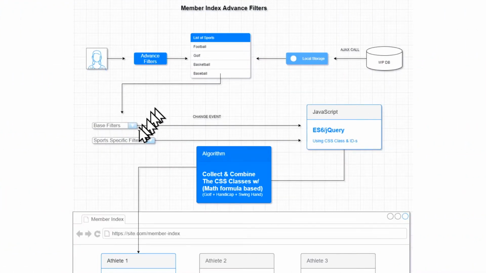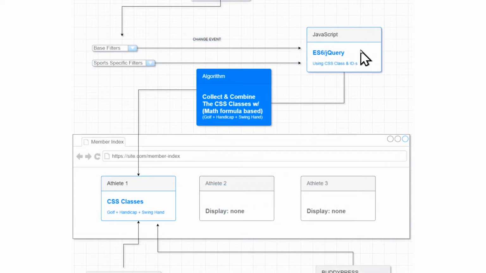And when these base filters and the sports filters are clicked, a changed event is launched by the JavaScript. The JavaScript then hands over the information collected from the select choices to the algorithm. The algorithm then collects those classes and joins them into a specific string, and based on that string, it looks up among